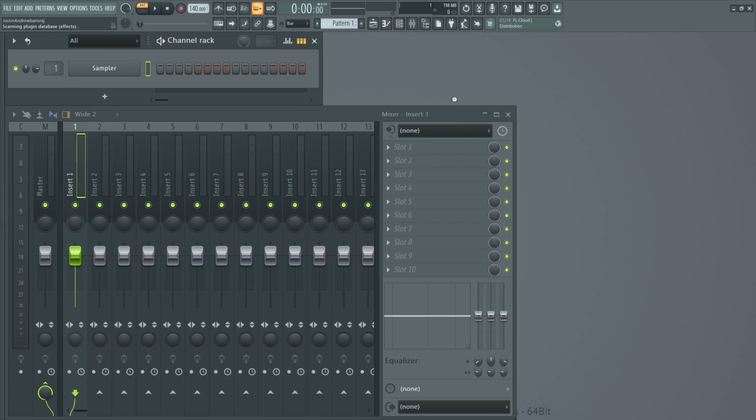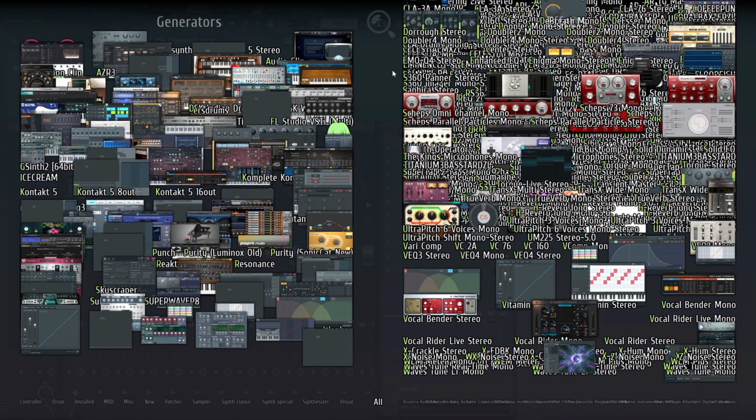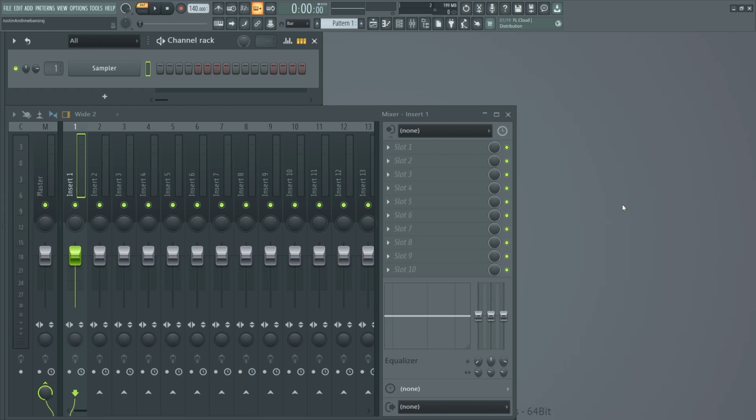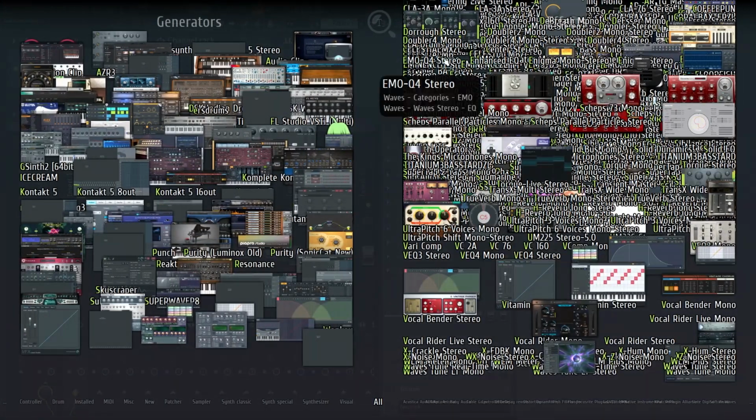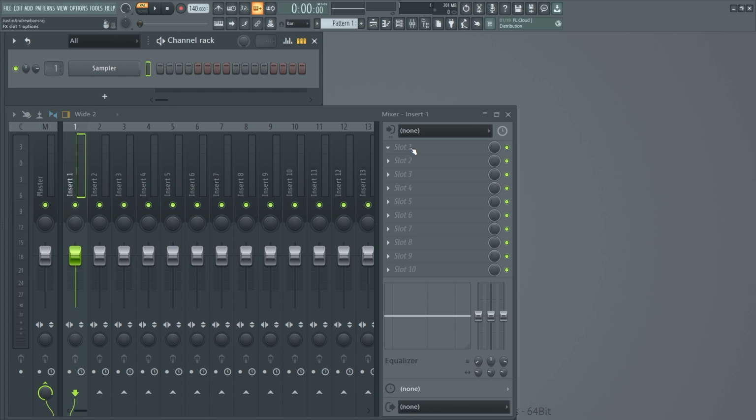Instead of pressing F8 on the keyboard for the plugin picker, because who honestly will find their plugin here? Oh, look, Torque. Okay, well, ignore the fact that I just found Torque just like that. But instead of using the plugin picker where you can barely find stuff, easily go to any of the slots that